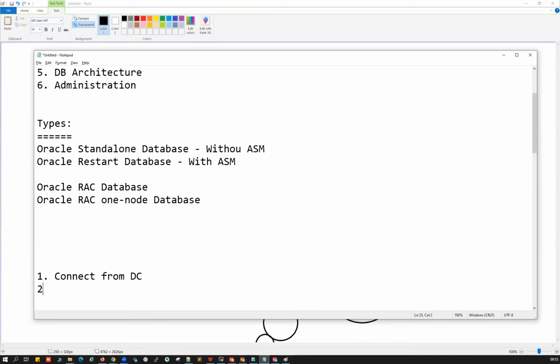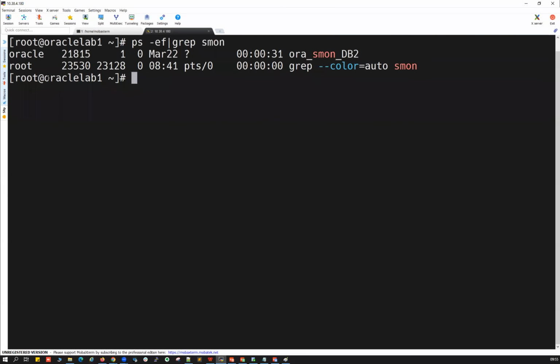The second option: take a remote session of Oracle Lab 1 and work. If you see here, I already connected to Oracle Lab 1.